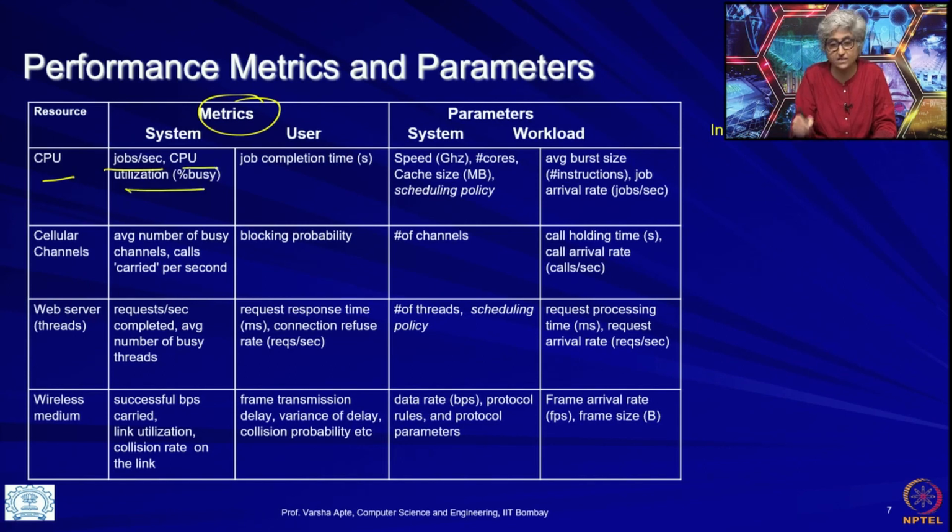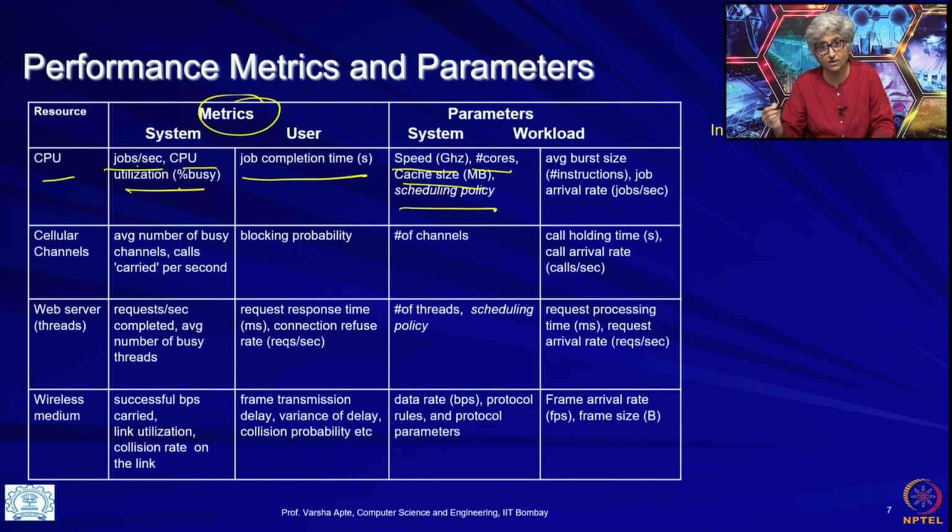You want your CPU utilization, meaning the percent of time it is busy, you want that to be high, otherwise it is a wasted resource. From the user's point of view, of course you would love it if there is nobody else using this CPU and it is only for you, because you would be interested in the job completion time. What will affect these metrics? It will be affected by the speed of the CPU, the number of cores, these are system parameters, right. The more the cores and the more the speed, of course you can do more jobs per second. Other lot of very technical things like cache size,